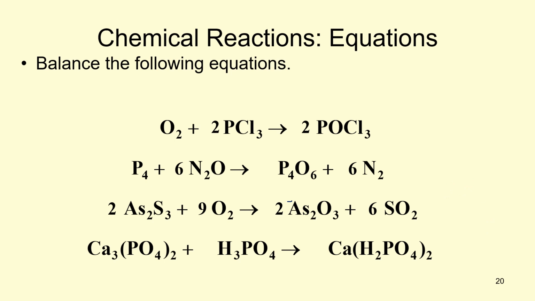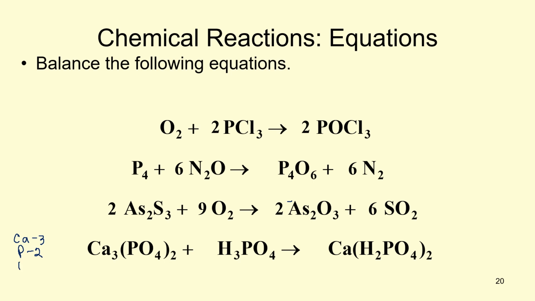This one you have to be careful with because even though there is a polyatomic, it doesn't appear as a polyatomic on both sides. So I'm just going to do each element individually. So I've got 3 calciums. Now be careful here because that parentheses means there's 2 of these whole things. So there's 2 phosphorus